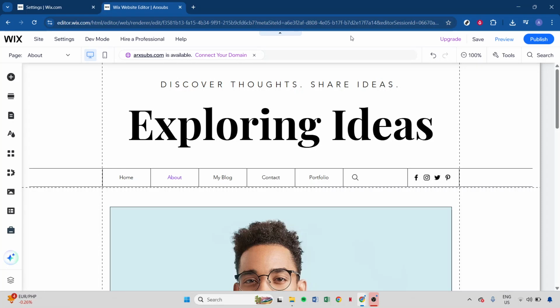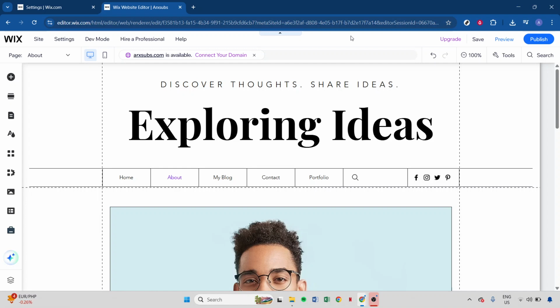In today's video, I'm going to teach you how to edit the navigation bar in Wix using the 2025 update. Whether you're looking to enhance your website's functionality or just give it a fresh look, customizing the navigation bar can make a significant difference in user experience. Let's dive into the step-by-step process, ensuring you're able to follow along with ease and achieve exactly the design you're